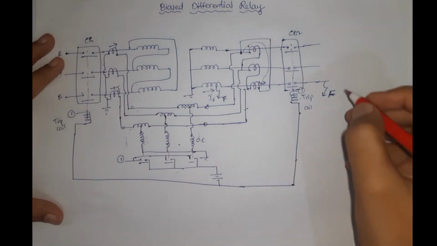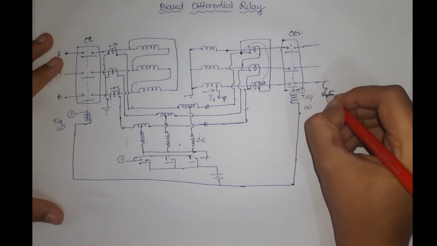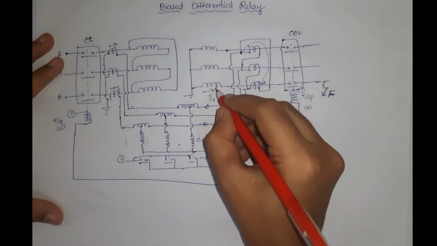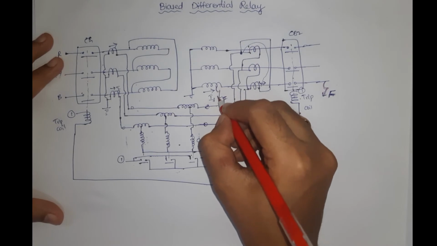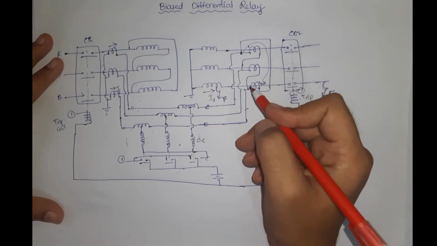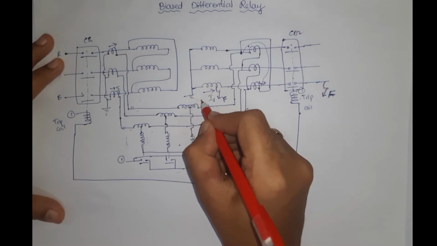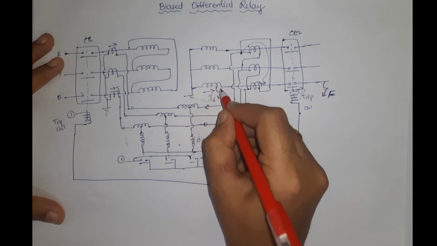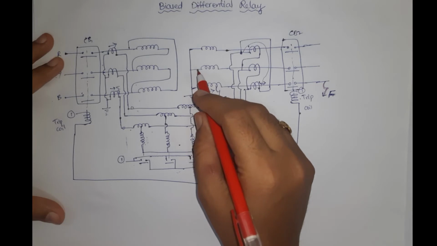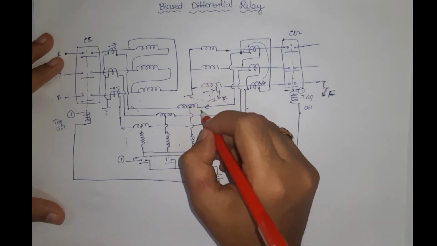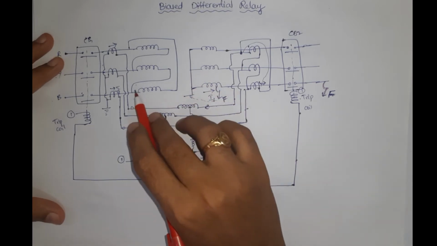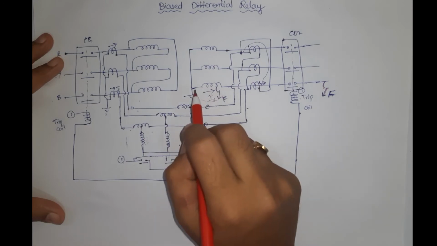So let me show it with red pen so that you can clearly understand. So now I am taking an internal fault, that is, a phase to ground fault. When this happens, you can see here, this is a return path for the current, right? So the fault current has this return path. So that means it is not affected from this side, it is supplied by this one only.